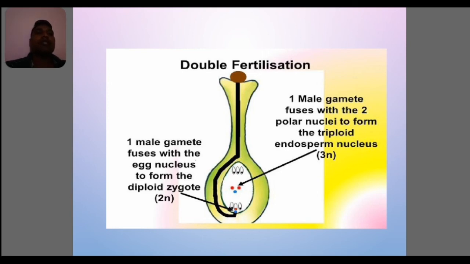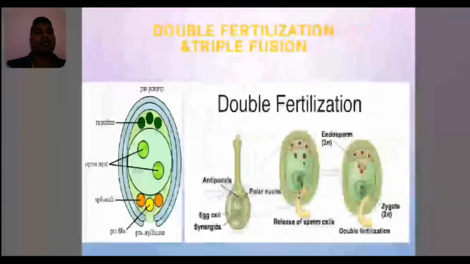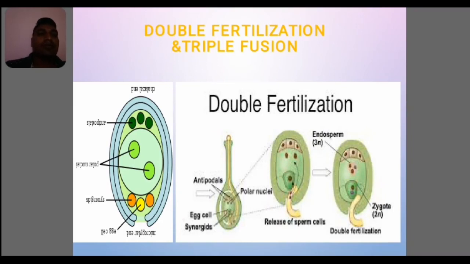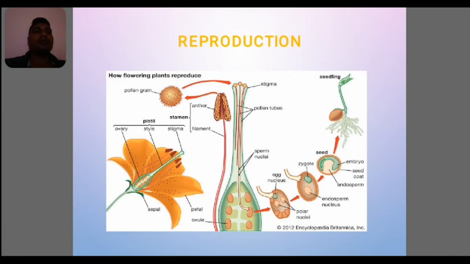So that process occurs in double fertilization. That's why we call it double fertilization, because both processes occur. In the first fertilization there is zygote formation, and in the second process there is endosperm formation. So that is the process of double fertilization. These two synergids and three antipodal cells will degenerate, and later be used as food material for the growth of the embryo or the zygote.